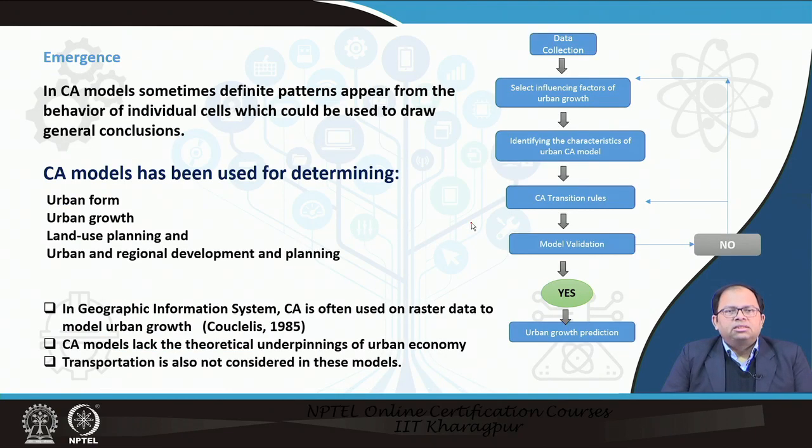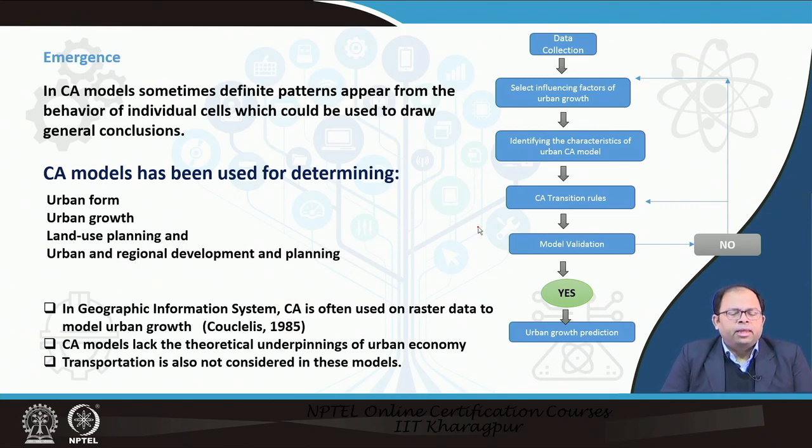So once these transition rules are laid out, and if we simulate the model, we find that at the end of the model run, some new patterns appear. This arises from the behavior of each individual cell, because we model the transition rules for each individual cell, and after running the model, an overall pattern emerges, which is also known as emergence. From this we can draw general conclusions of trends or patterns of change in that